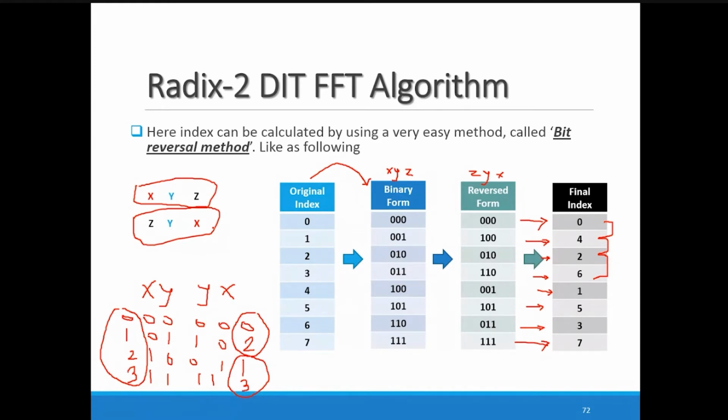You have written x of I, and then x of I plus number of stages plus 1. So we start, for example, x of 0, then what will be the next? 0 plus number of stages are 3 plus 1, so that will be x4. Next one, x of I equal to 1, so 1 + 3 + 1 equals 5, so 1 and 5 will make a pair. Then 0 4, 1 5, continuing till the last, up to I = n-1.